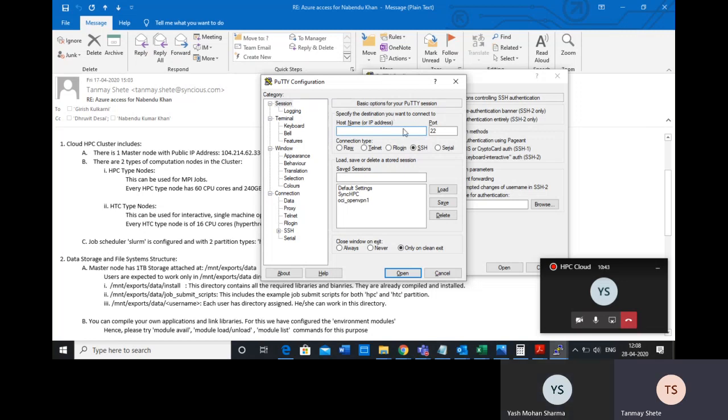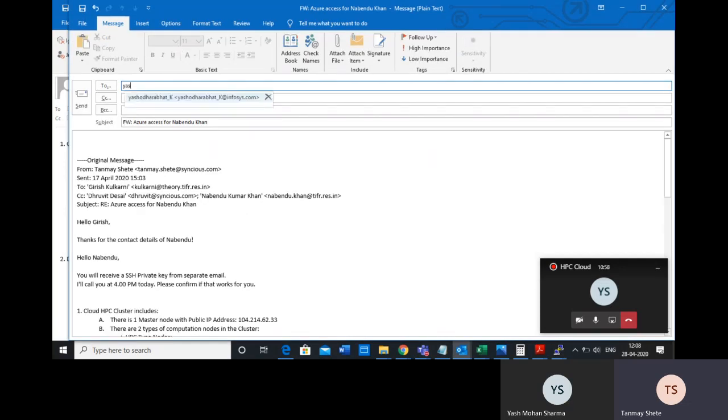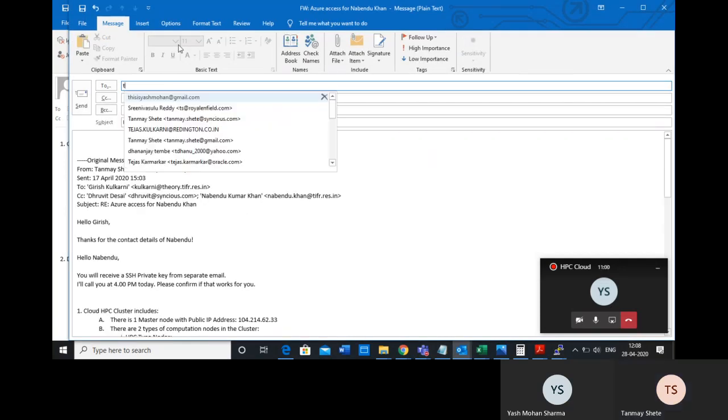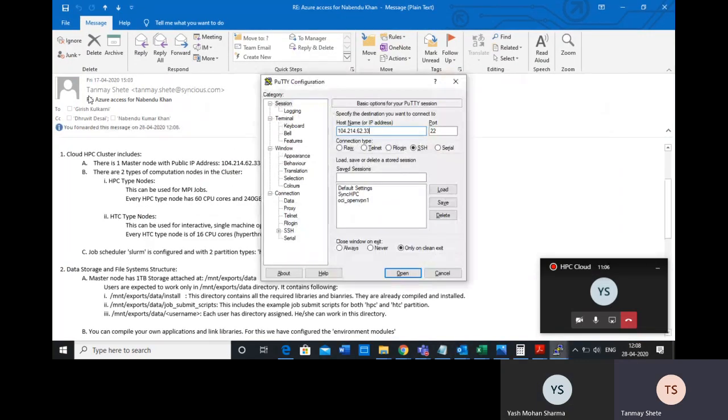So this is the first window you see, and then in the host name you have to put this IP address that we shared with you. I'll forward this email to you also. So this IP address you will select, and after this you have to go to the connection, SSH, and inside